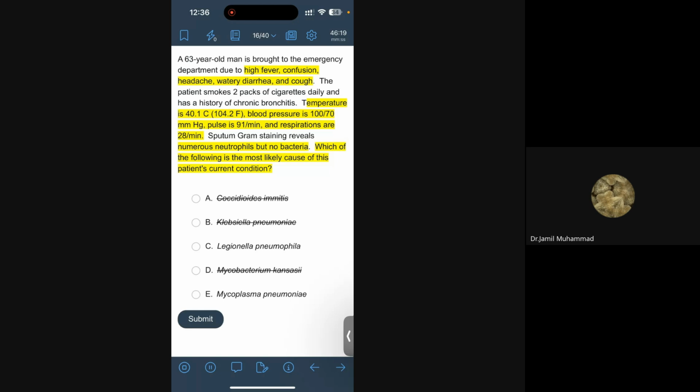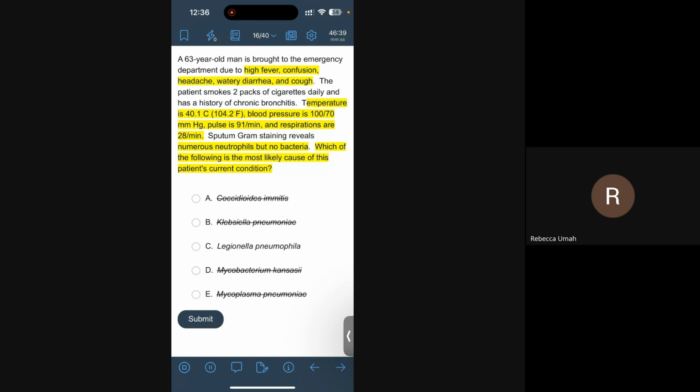What is the temperature here? 40. Very high fever. That's why it cannot be mycoplasma. So the only option left is Legionella, and we know that in Legionella we are going to see watery